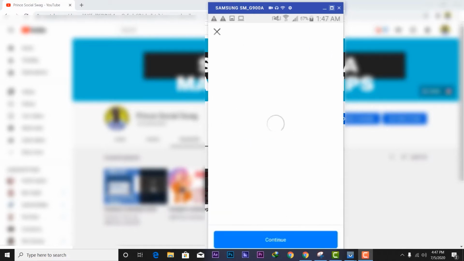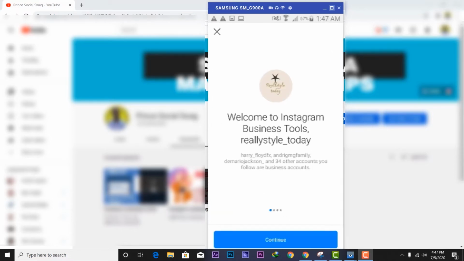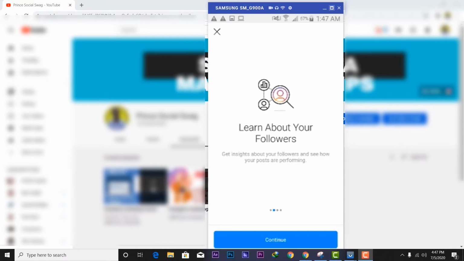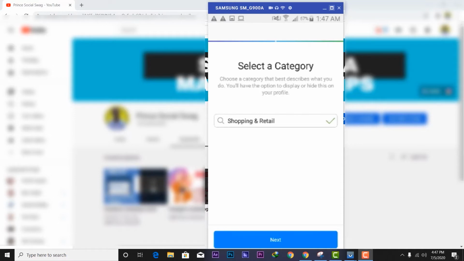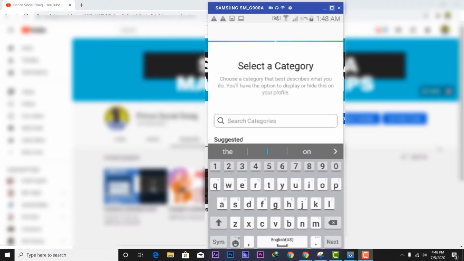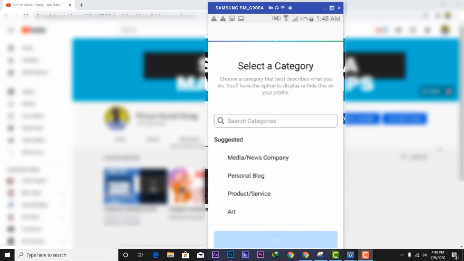So click on it, and Instagram will welcome you to their best tools for business. You have to click continue, again continue, reach your customers, get new contact options. Continue again. For the next step, you are going to choose the category. There are many categories, and you have to choose which best fits your business.